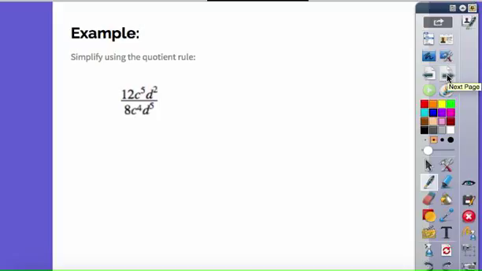So the other thing that could happen here when we look at these problems is that they could give us some numbers. Well, remember that if I just had those numbers, that would just be a fraction. And so we want to simplify this fraction down as far as we can, and then we're going to worry about the c's and the d's in this problem. So the very first thing I'm going to do is simplify that fraction, and I know that I can divide both of those terms by 4. And so when I do that, I'm going to have 3 on the top,